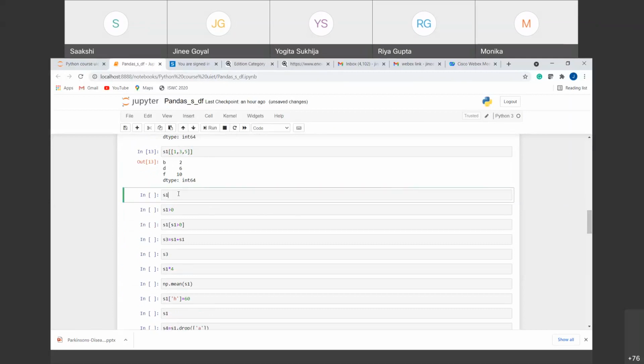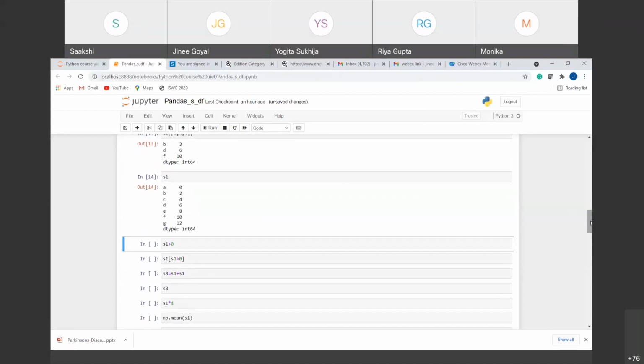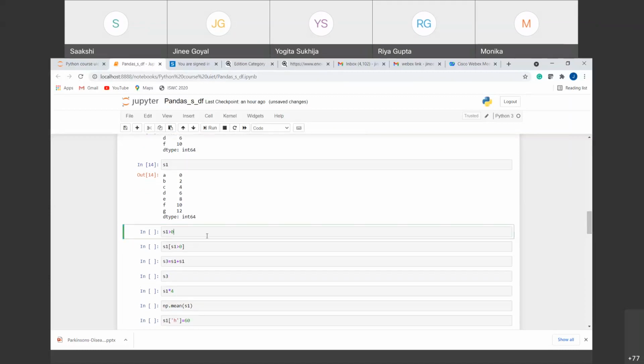Let's print this series first so you can see. So this was our original series. We can perform some arithmetic calculations on it. We can perform some logical operations on it as well on the series, like we have done on the arrays also. So for that, let's suppose I want to check which of the elements are greater than 0. So this is a type of a logical operator, right? So you can directly use a logical operator also.